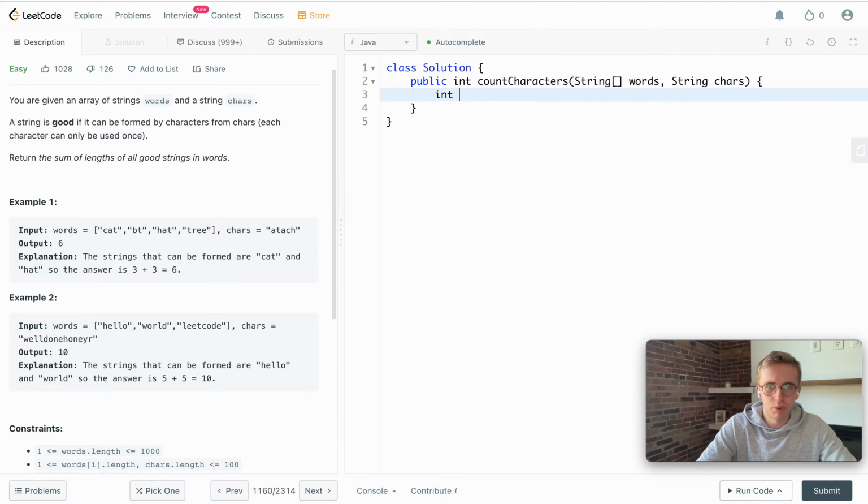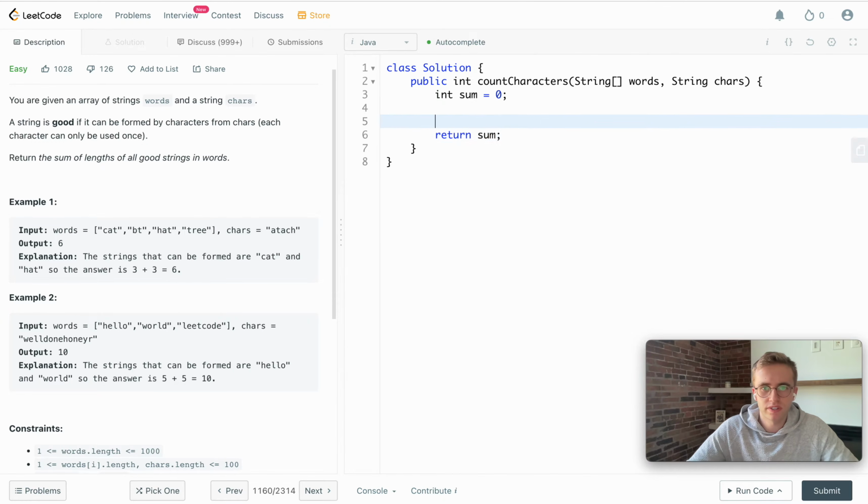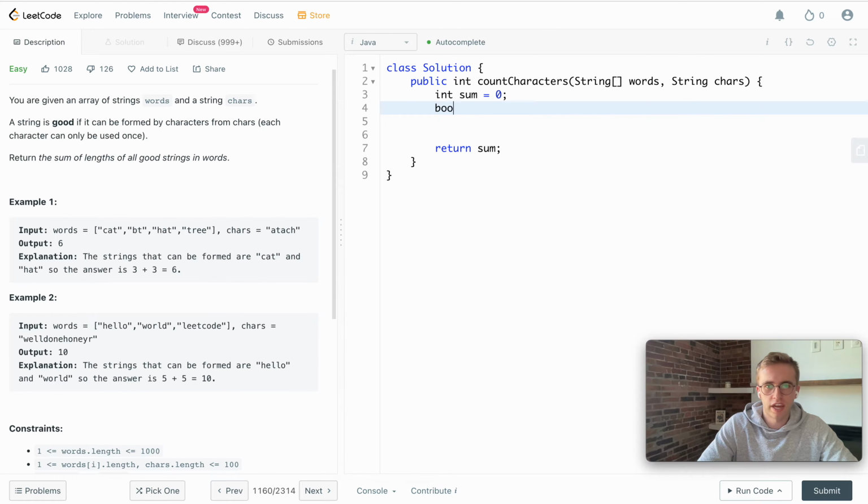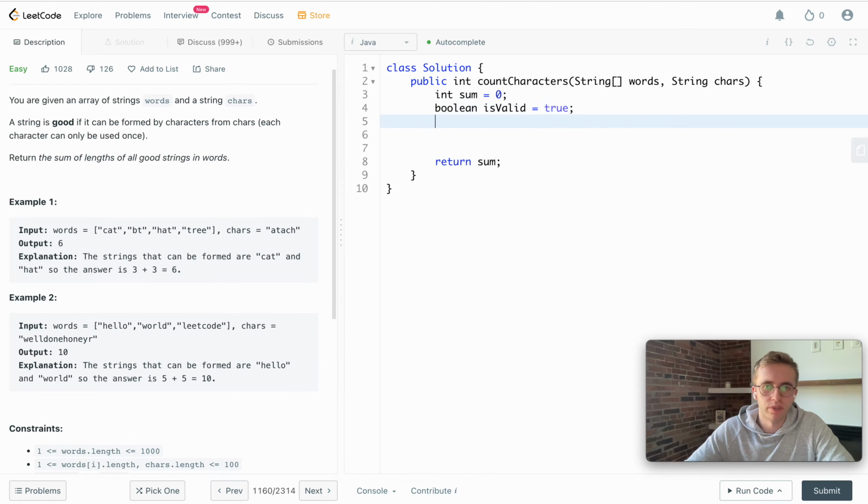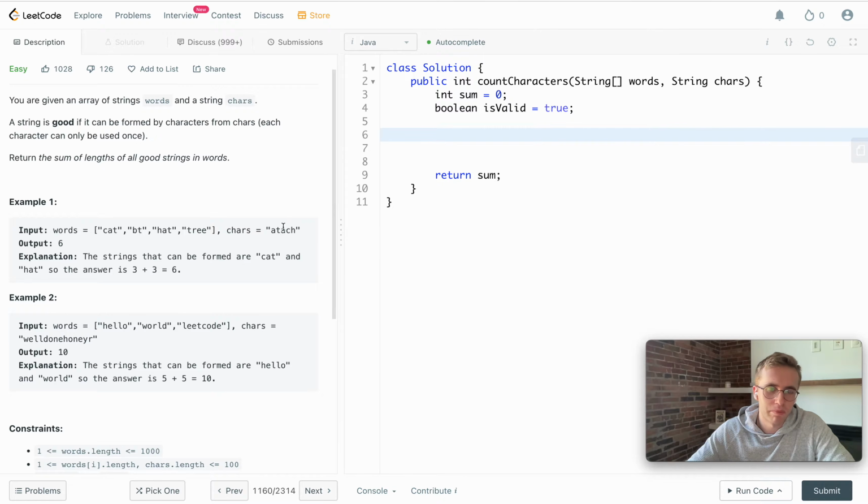So what we'll first create is our sum, and this will be the sum of the lengths, which is our answer. And then next, we're also going to have a Boolean value called isValid. We'll initially set this to true, and this will be used as a temporary variable for checking, okay, can we use these letters to form